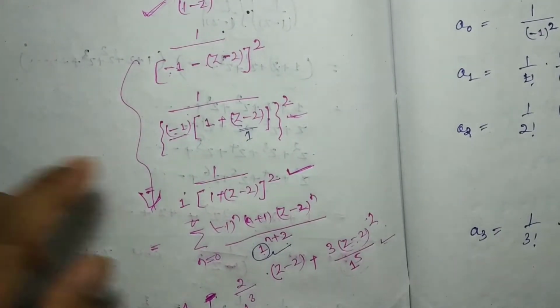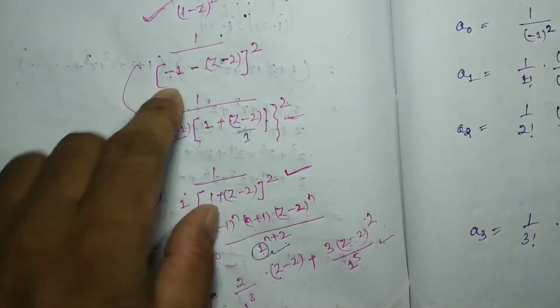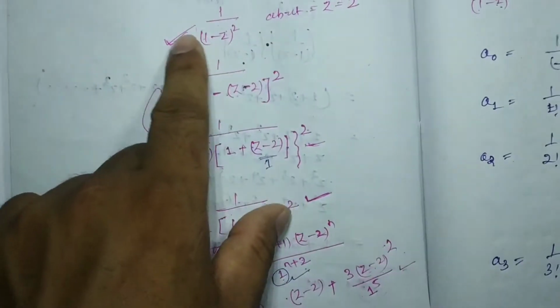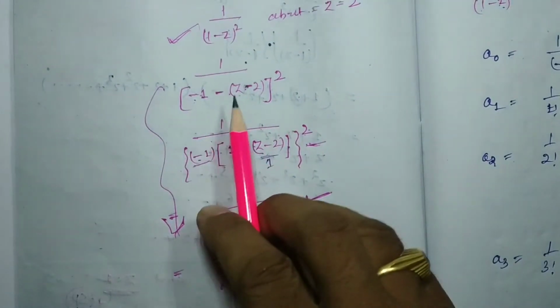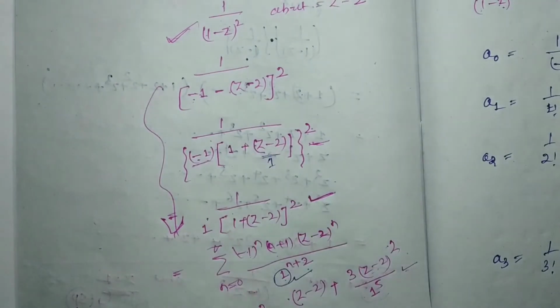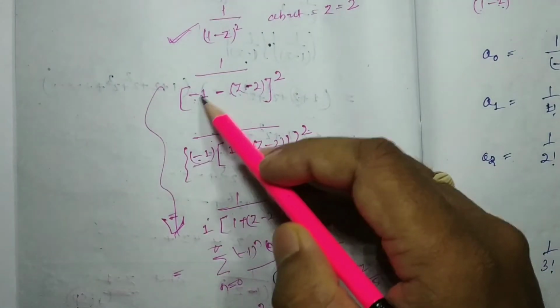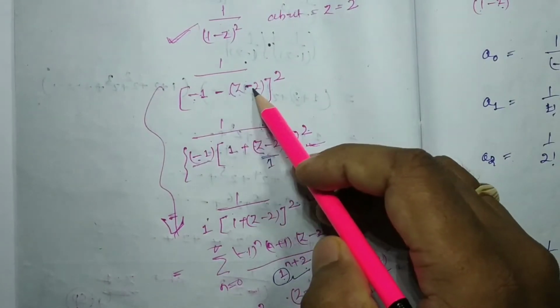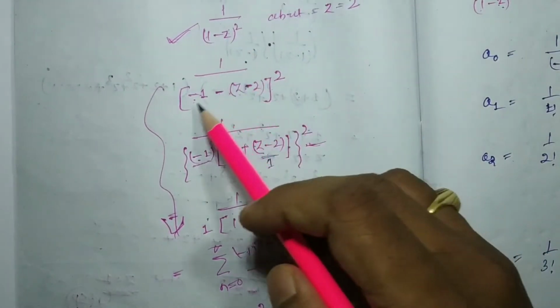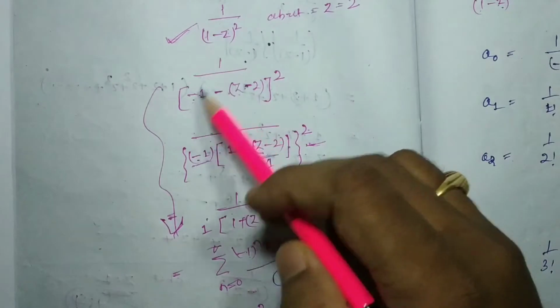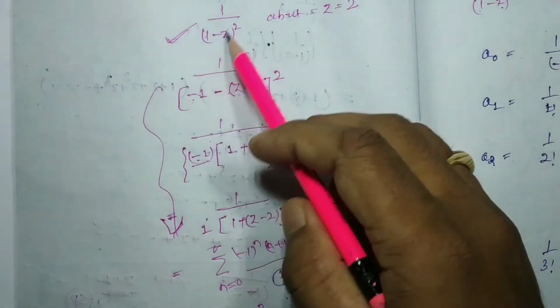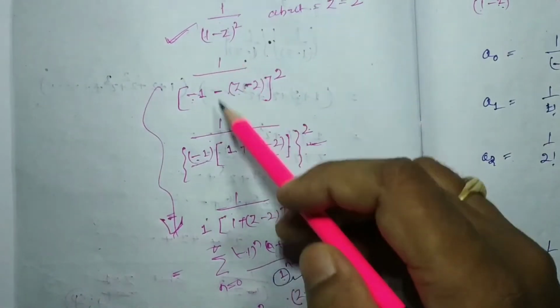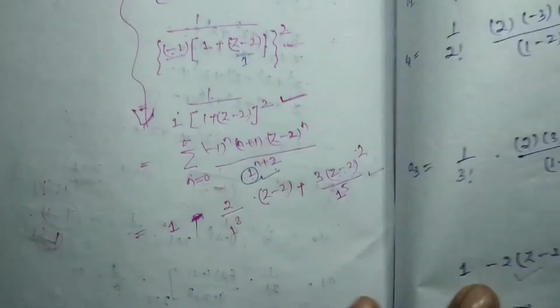Suppose about z equal to 2 is there, suppose this question, so it will be z minus 2, and then minus 1 will be here, means you can see that minus z plus 2 minus 1, so 1 minus z. So in this format we can transform this term to 1 minus z, and then we can write it in summation format.